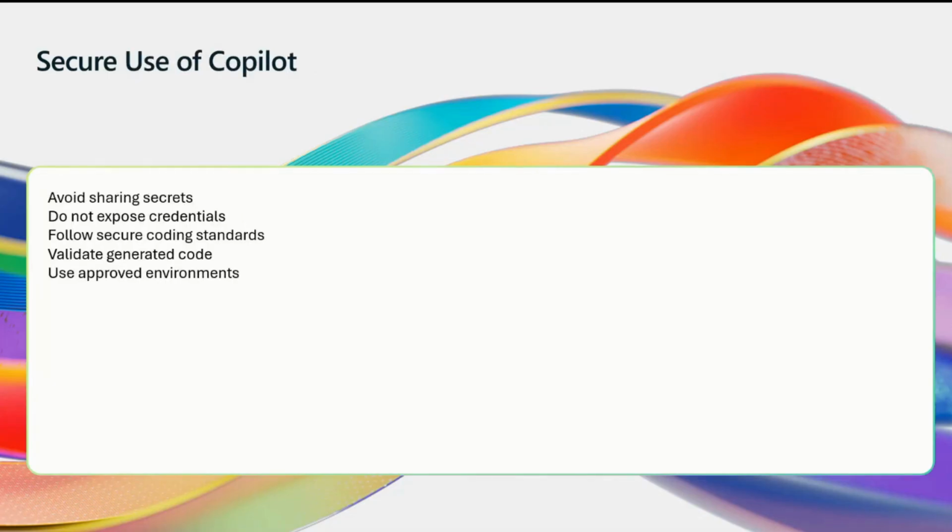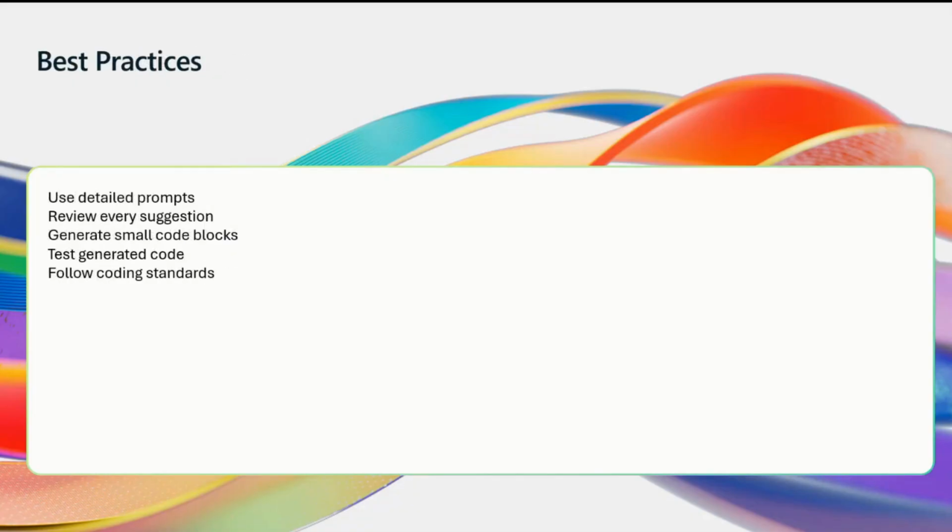You should avoid sharing secrets. Secret means database username, password, API access tokens. You should avoid sharing these types of secrets with the AI tool, or you should avoid exposing them in your code. You should follow secure coding standards, validate the generated code, and use approved environments only. Okay,